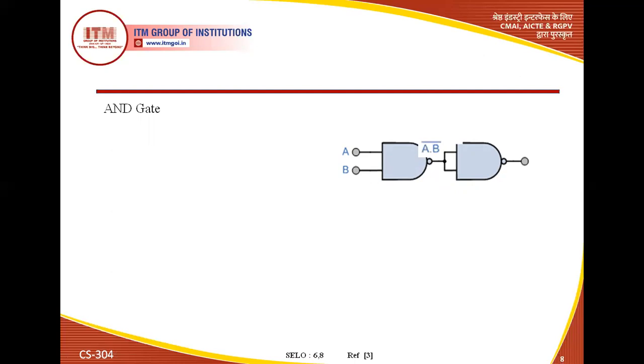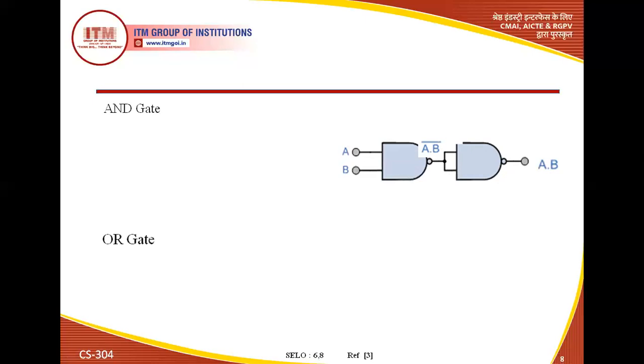Similarly, अब जो (A dot B) whole bar है, it is working as an input for this terminal, because we are providing the common input. So in this condition, (A dot B) whole bar is working as the input for this terminal. तो यहाँ पर इस NAND gate के कारण इसमें double bar हो जाएगा. So at that time we are getting here the output (A dot B) का double bar, तो bar से bar cancel हो जाएगा, so at that time we are getting here the A dot B. So just we can see that, we are getting here the A dot B.